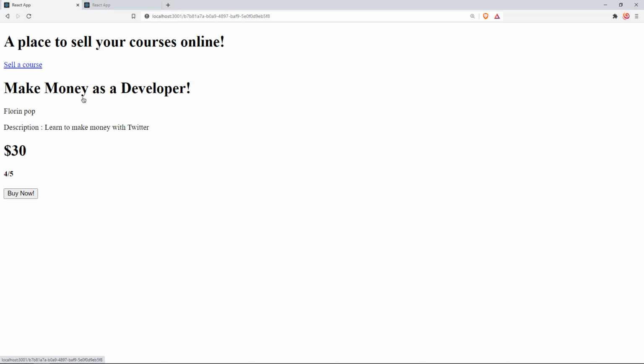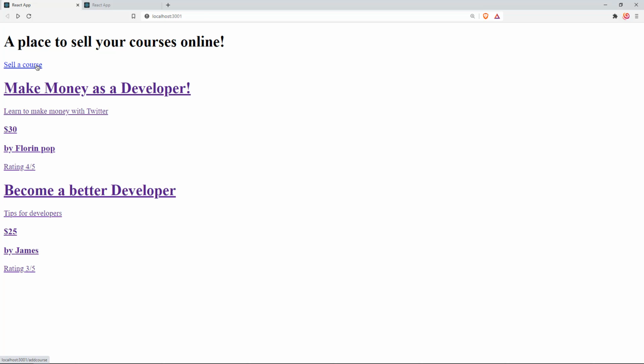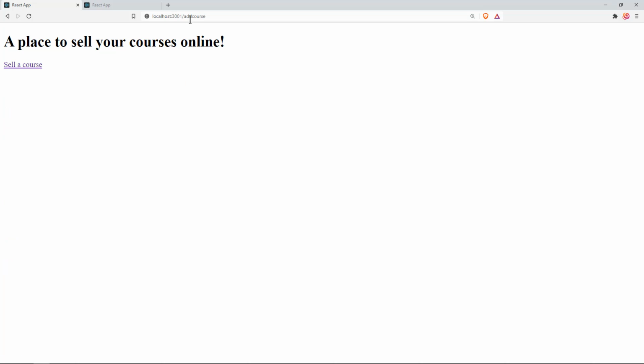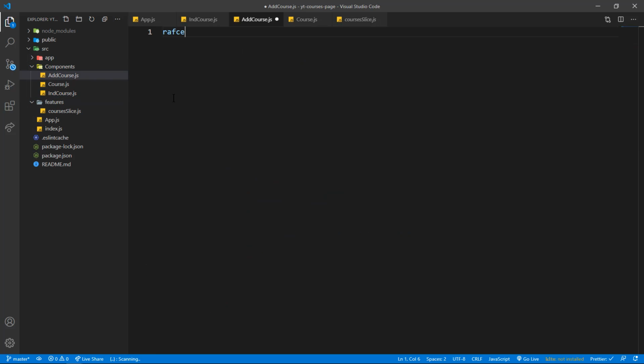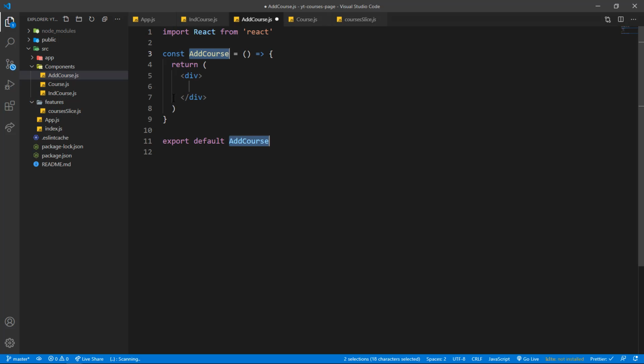So once we click on it, it's going to that particular div. But we also have another functionality that we want to add, which is to sell a course. So if you go to add the course, we want to have a form that actually adds it to the Redux. So let's create a new file called addcourse.js, and let's just say RAFCE just to have the boilerplate,